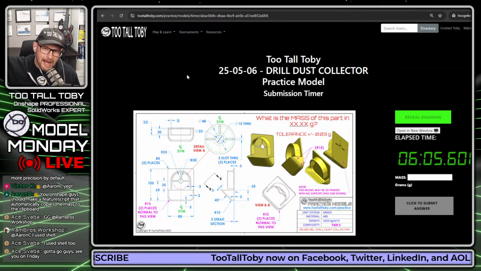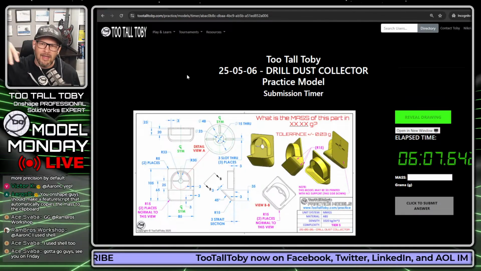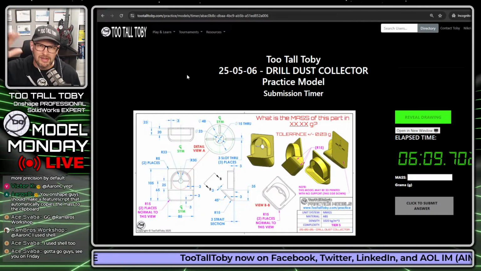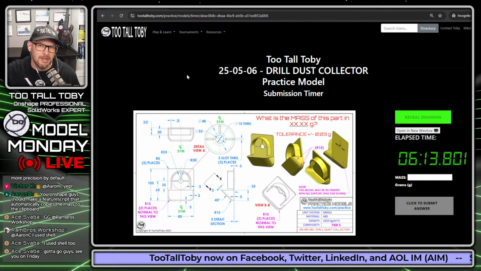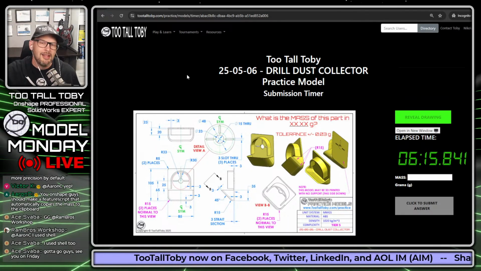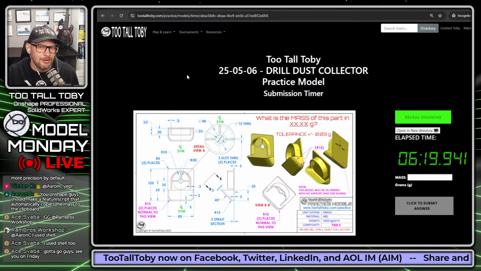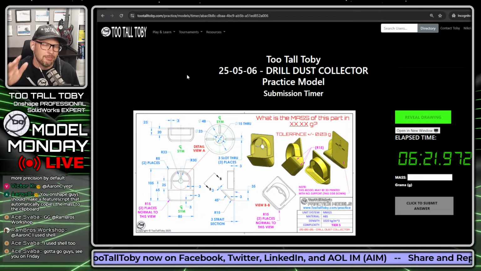I don't want to download the model and totally rip the person off who originally designed it, or maybe that's not an option. Maybe you're looking at a photograph of something, but there's not an option to download the model. I want to figure out how to make that model myself. So being able to look at a photograph and reverse engineer from it,